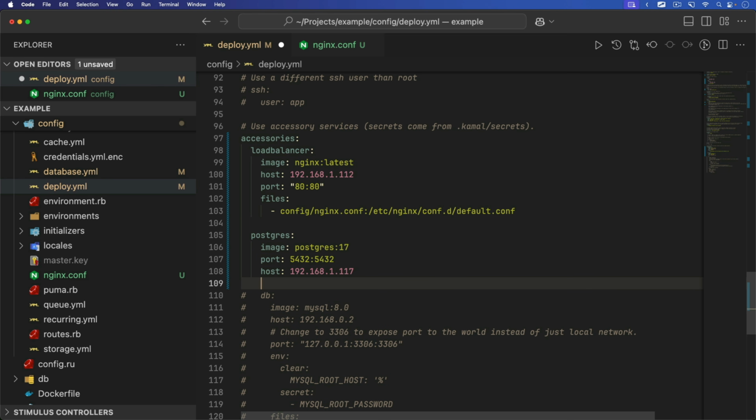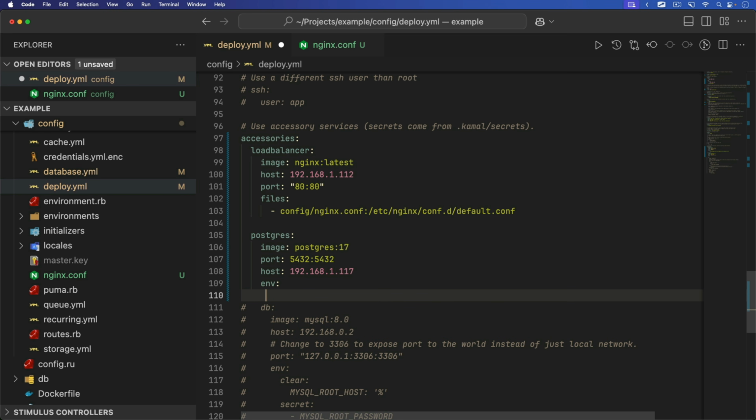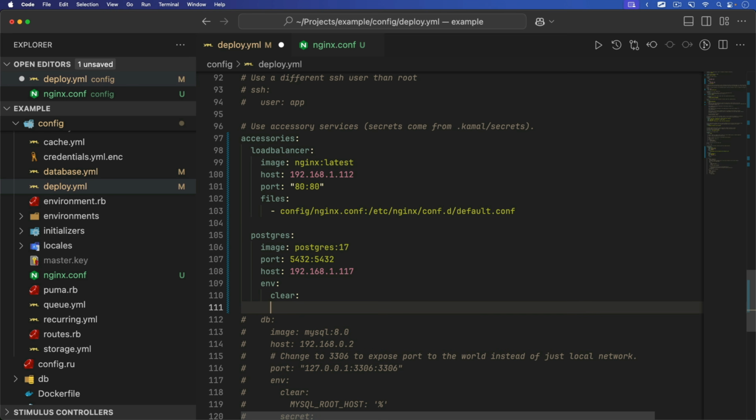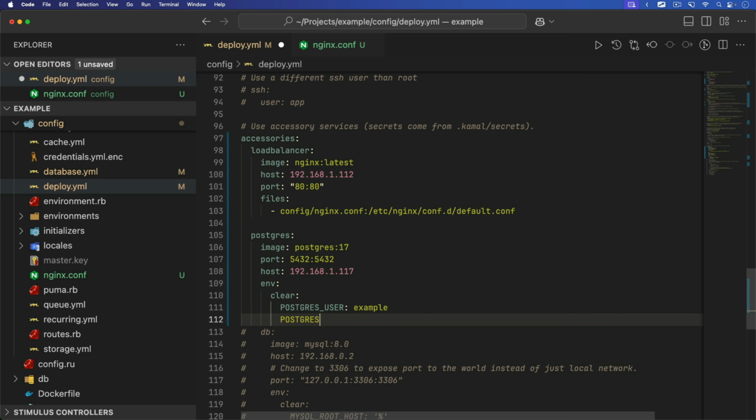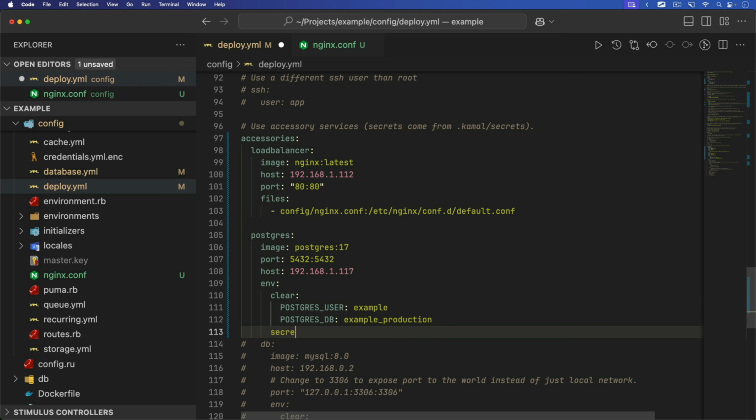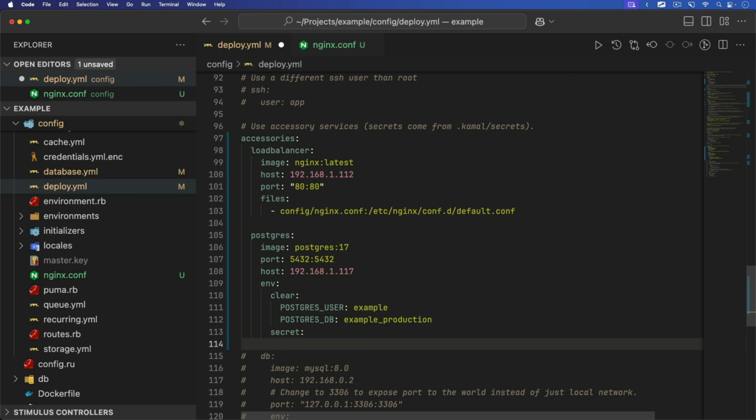And we're not exposing it out to the world because we're not even going to open up any ports on our firewall. We do need to set up some environment variables. I'll have a clear one, and we'll have our POSTGRES_USER, and we'll just set that to example. We'll also have the POSTGRES_DB, and we'll make that example_production. And then we'll have a secret, which we do need to set up. We're just going to set that equal to the